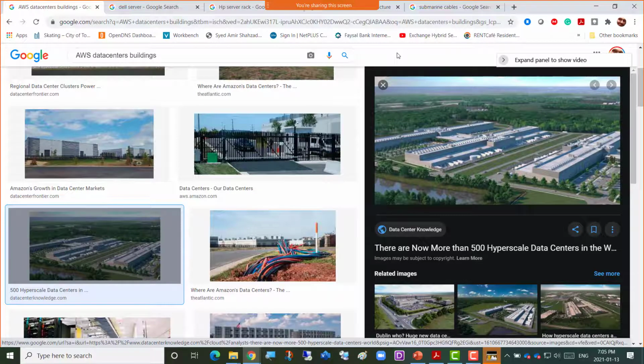CCIEs who were in the market and already had good jobs were coming to my class to learn cloud, to learn virtualization. Why? Because the companies are moving towards cloud. There is a huge networking portion in the cloud as well, but learning only networking will not be enough for you. Networking is a very crucial part of that, yes, but learning the whole cloud infrastructure, which is just running a virtual data center.